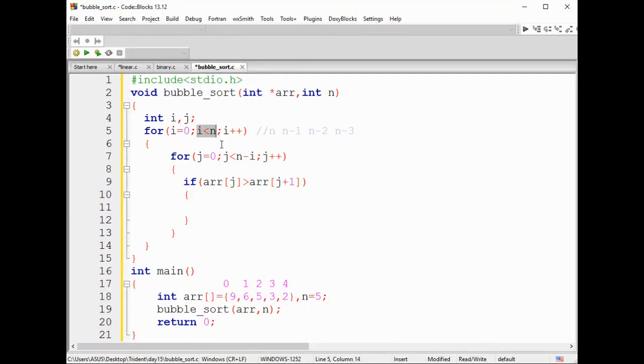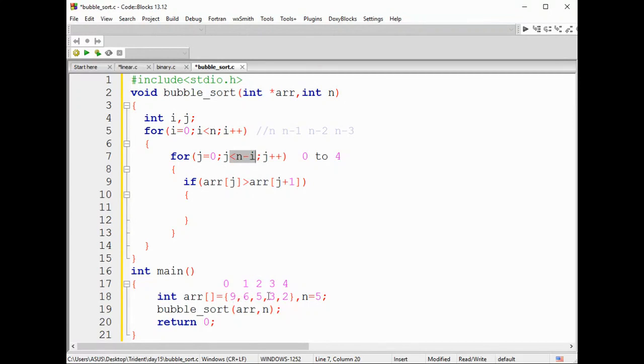That is nothing but for each and every iteration, I am taking my i value and i plus 1 value. If I mention like this, at the first iteration, you can notice that your loop will go from 0 to n minus i. At the first iteration, i value is 0 and n value is 5. So 0 to 4, less than 5 in the sense, it will go 0 to 4.